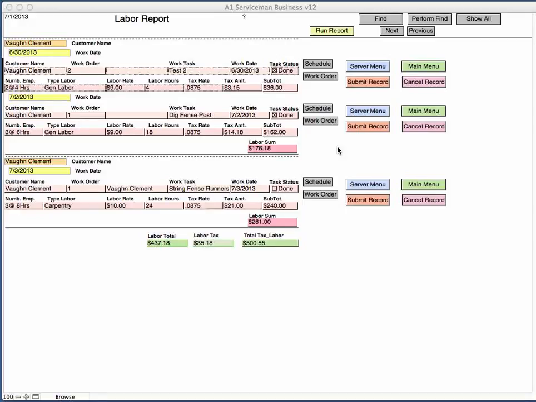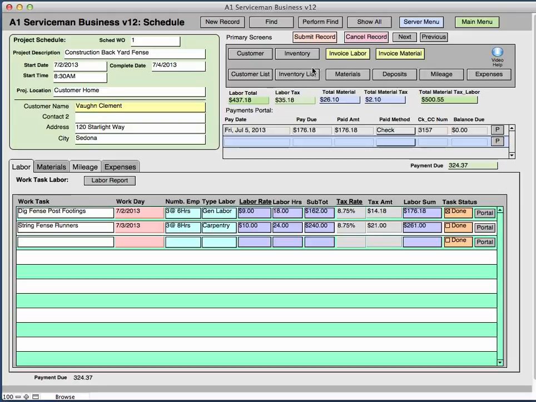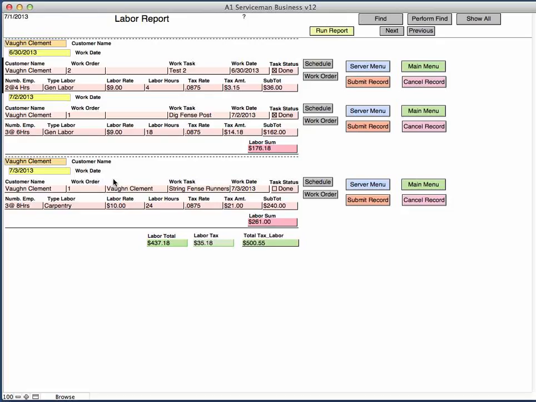The labor report comes up from either the main menu or on the scheduling screen, which you can get to from here. The labor report comes up by clicking this button right here. What the labor report does is it itemizes by the customer name and the work date each invoice work order,